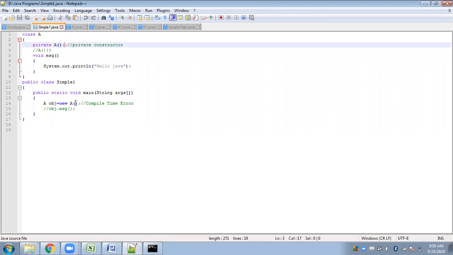So it simply has the same meaning. Whenever you create an object, initially it will be initialized to 0. Next we have a message method which contains a println statement that will display hello Java. So it is almost like the same example. Then in this particular class, we have only the object declaration statement. We have simply created an object for class A and we will invoke the constructor for that class.